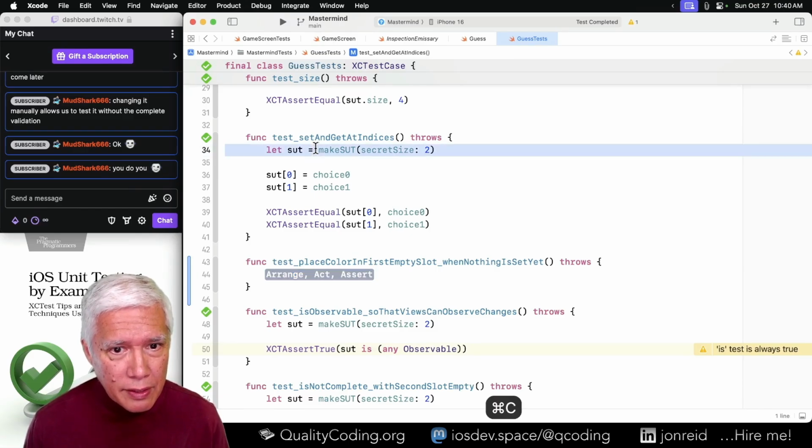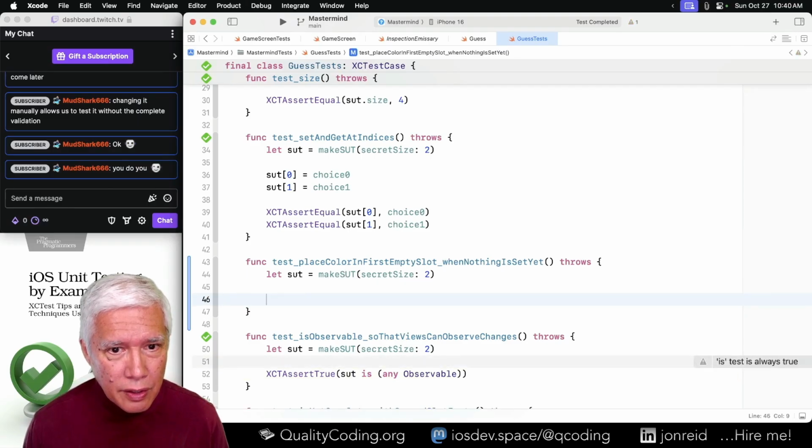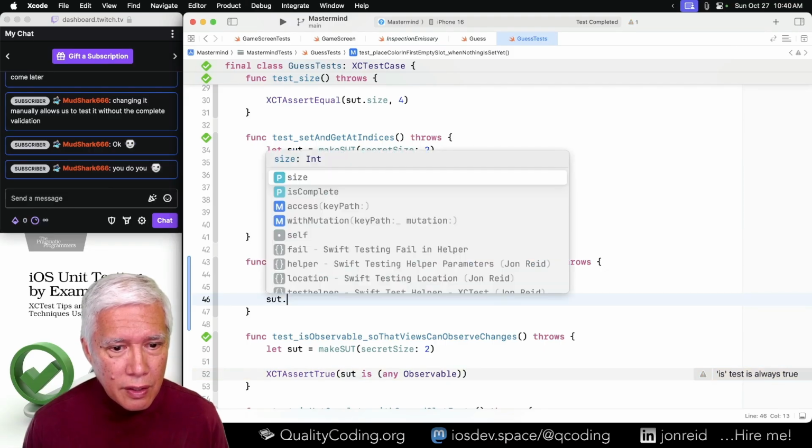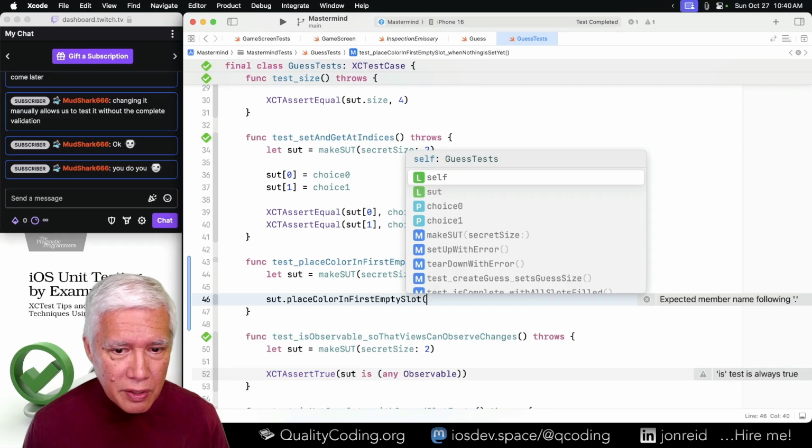Again, let's make a secret size of 2. Long, but it's explicit.